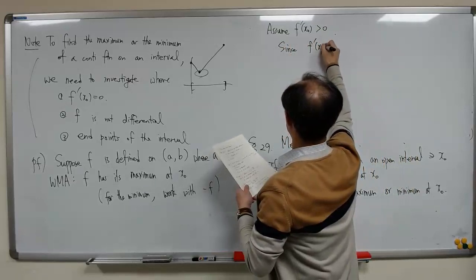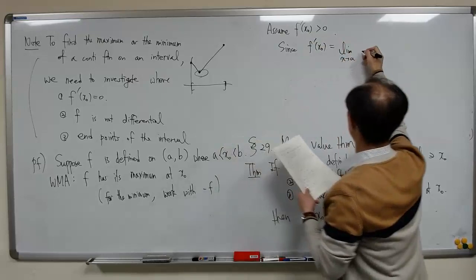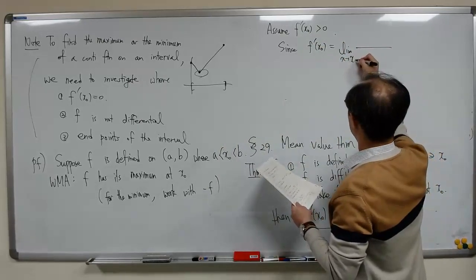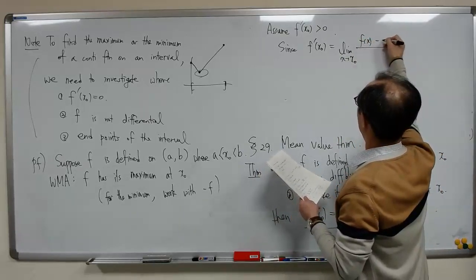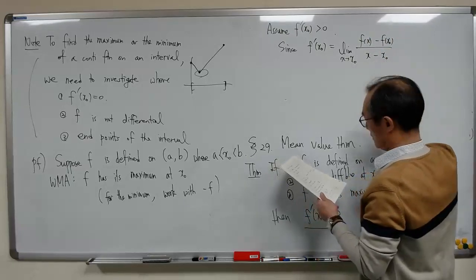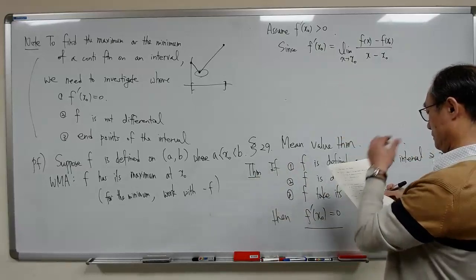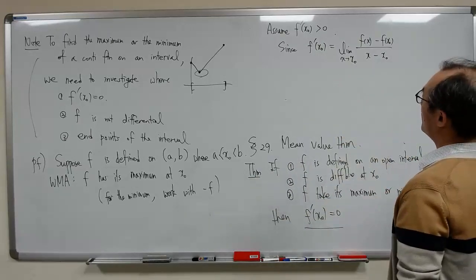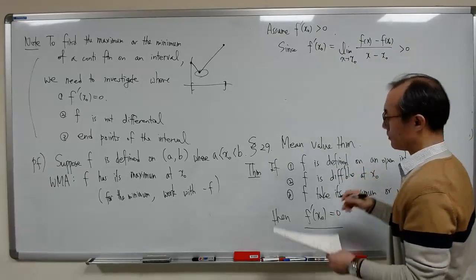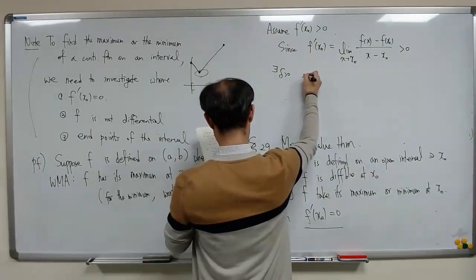F prime x naught is obtained by the limit as x tends to x naught of f of x minus f of x naught, divided by x minus x naught. So this limit converges to a positive number. Then there exists a positive delta such that